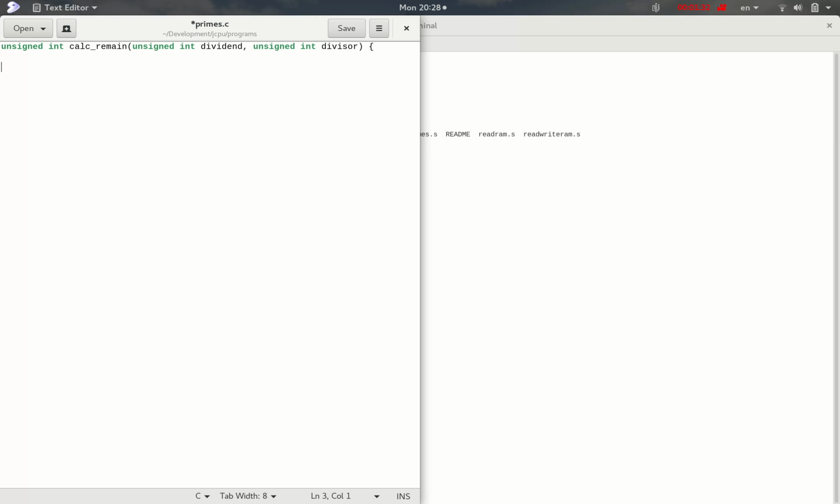So how are we going to do that? Remember, our CPU really only has addition and subtraction, and so the mathematical definition of a division is you take your dividend and you subtract the divisor from it,